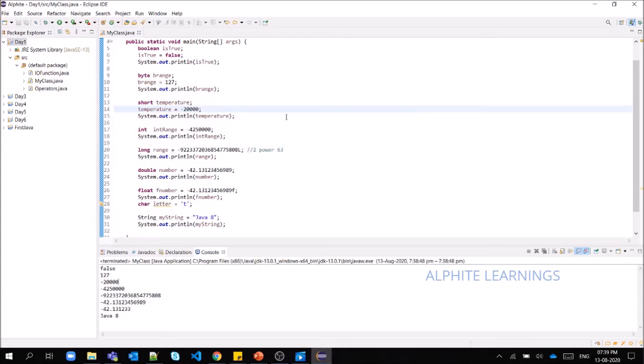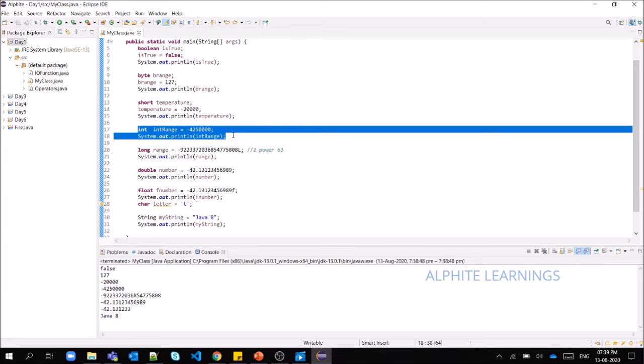Okay. So next comes our int. int is like the go-to data type. To be on the safer side, usually people will declare int everywhere.